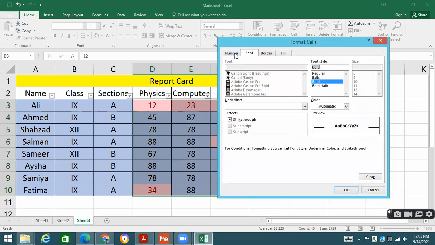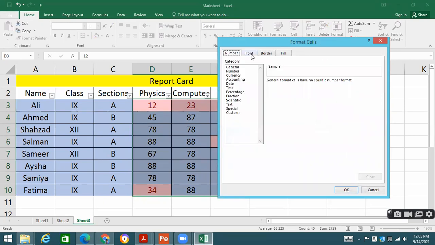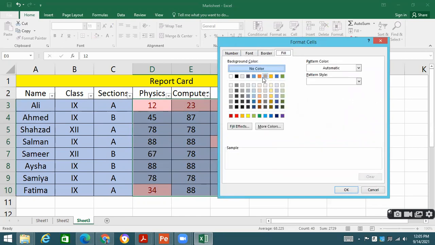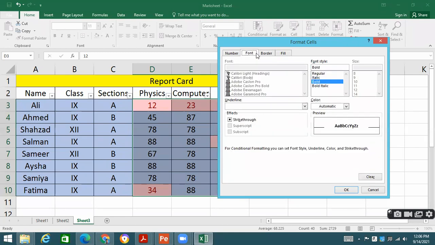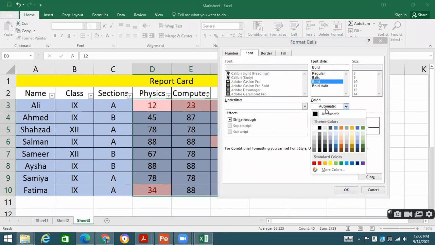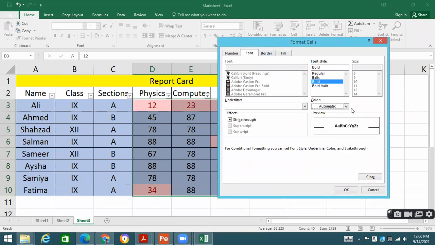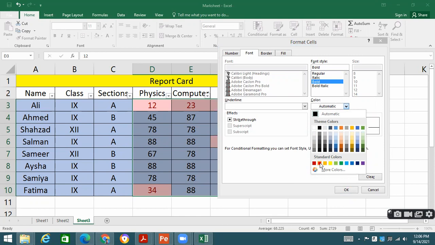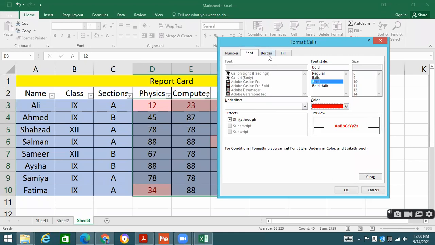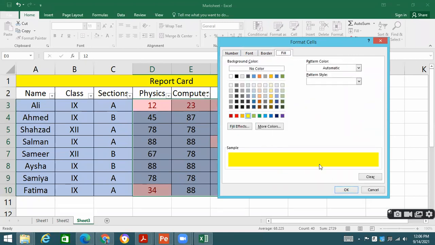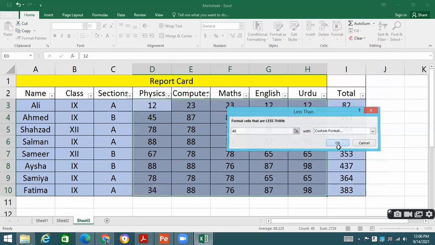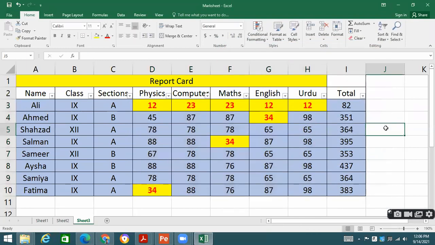Number one. And fill color should be red. Background color should be yellow. Okay. Font color should be, I go there on the font and I say that the font color should be red. Okay. Background color I have given over here yellow. Font color red. Okay. Click OK. Now see that the text is bold because I applied bold as well. The background color of the cell is yellow and the color of the text is red.